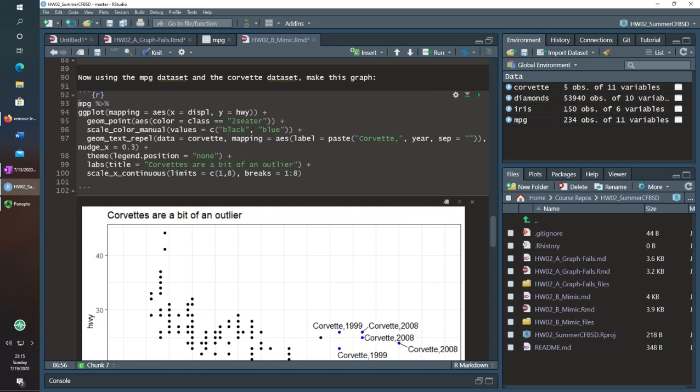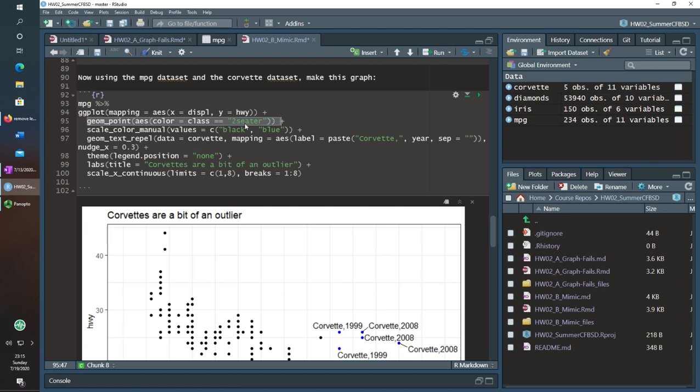So what I did for this was take the mpg and I piped it in. Otherwise I could have just said ggplot data is equal to mpg, because generally the data is equal to mpg, but not for all of this, as you'll see. So I made the geom_point, and I did a sort of interesting thing here: I set color equal to class equals two-seater.